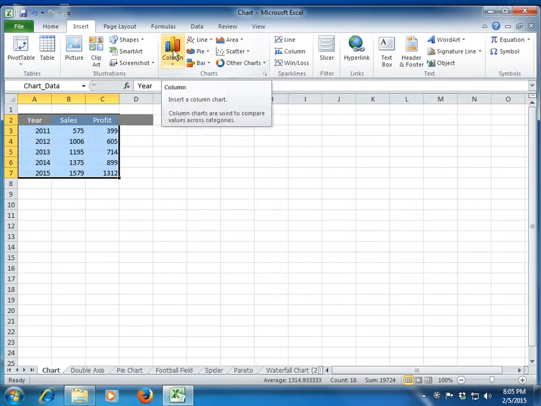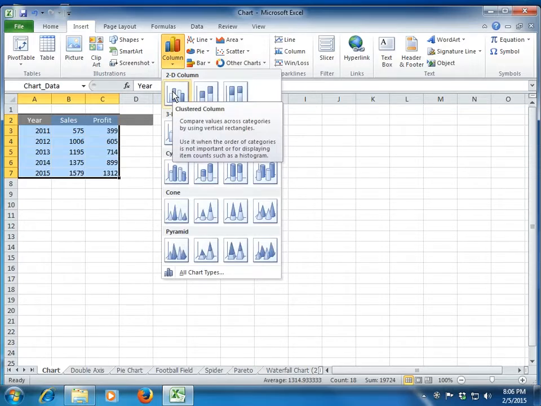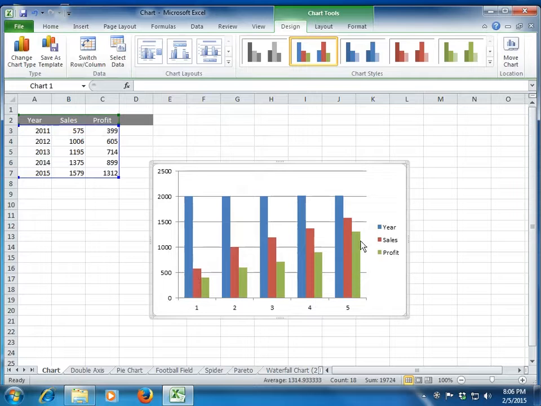Column is one of the most basic and frequently used, so let me take an example of a column, but we will explore the other ones as well. Within column I select the first one, that is the 2D clustered column option, and you see that a chart has been created. Now before we continue, one of the basic problems with this chart is the year. Ideally in this data I want my year to be the x-axis in this chart. But you see that Excel doesn't recognize year as an x-axis, but it takes it as one of the values, and places that data in the y-axis itself, which is not something I want.